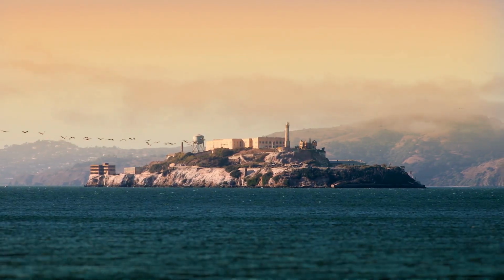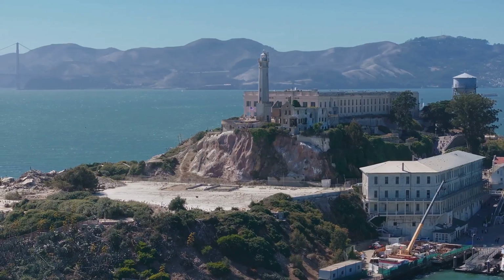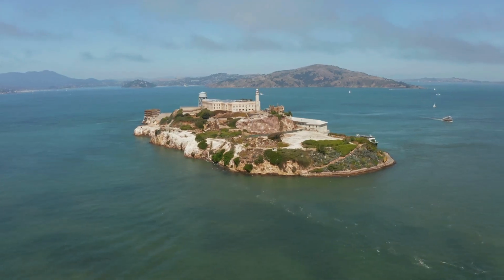Alcatraz, more than just a prison break. Alcatraz, the Rock. Just hearing the name sends chills down your spine, right? This island prison has a reputation that precedes it. Al Capone, George Machine Gun Kelly, some of the most notorious criminals did time here, but here's the thing, Alcatraz